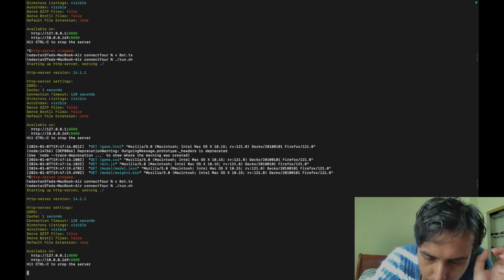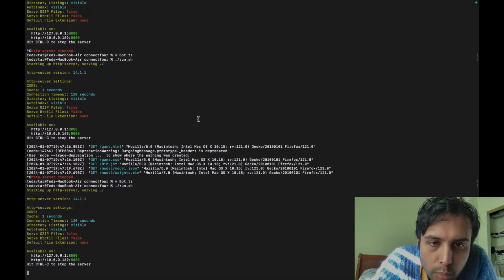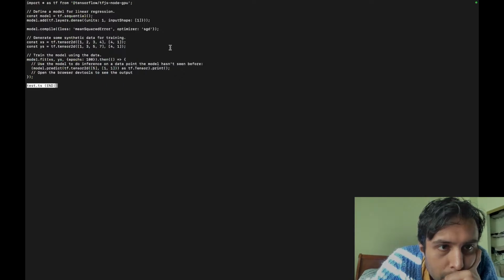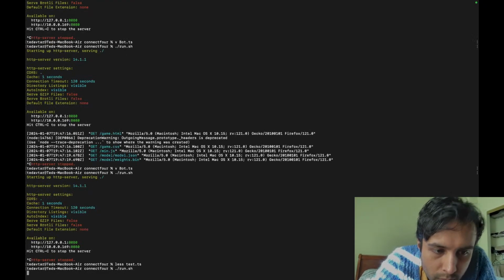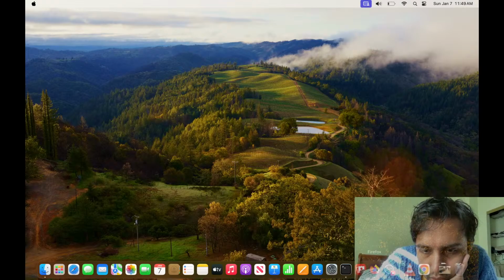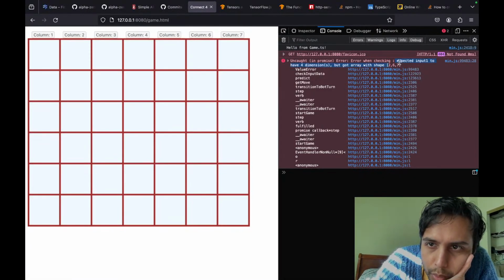Because again, when we're doing model.predict, we have to do, sorry, let me stop this. Let's see the test.ts, right? You see how when we're doing it, we're wrapping it, it's nested, like there are implicit brackets there, something like that. Run it again. Okay, I think that there's a transposition required. To be honest, the number of channels has to be the third one. But let's just double check that.